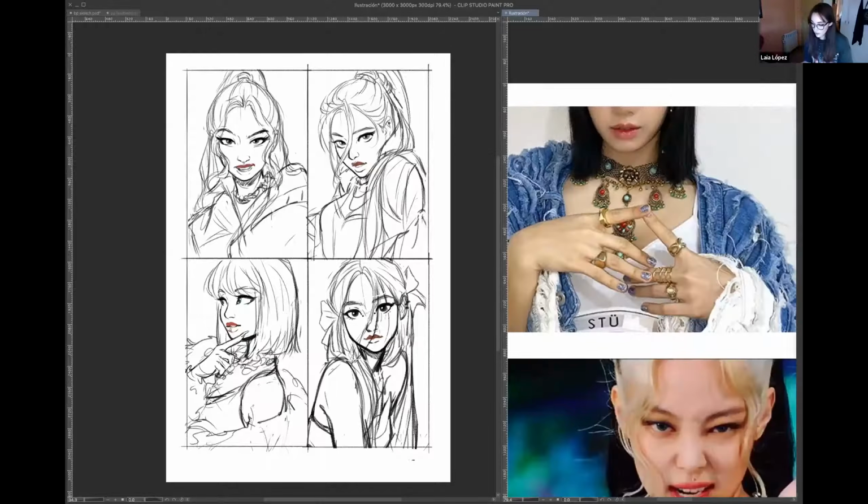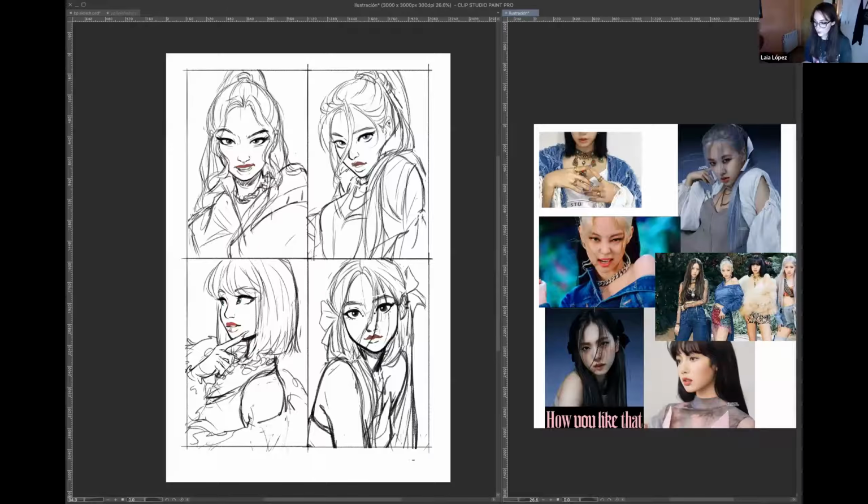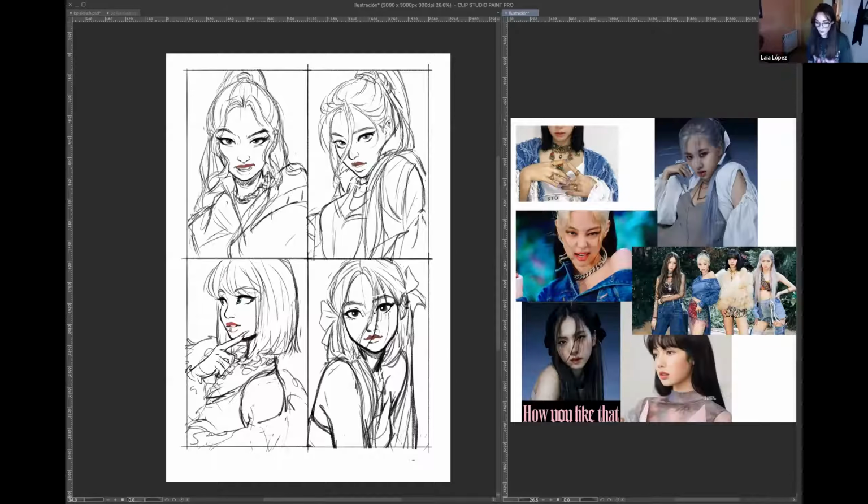But yeah, I really like the promotional pictures they had. So for some of them, I used them without changing anything. Rose and Jisoo have the same poses. For the rest, in the case of Lisa's picture, I didn't really like the pose she had in the promotional picture, so I looked for another one where you could see her profile. I really like her profile. She has a really doll face, kind of. And I really wanted to draw her in a 3/4, almost profile.